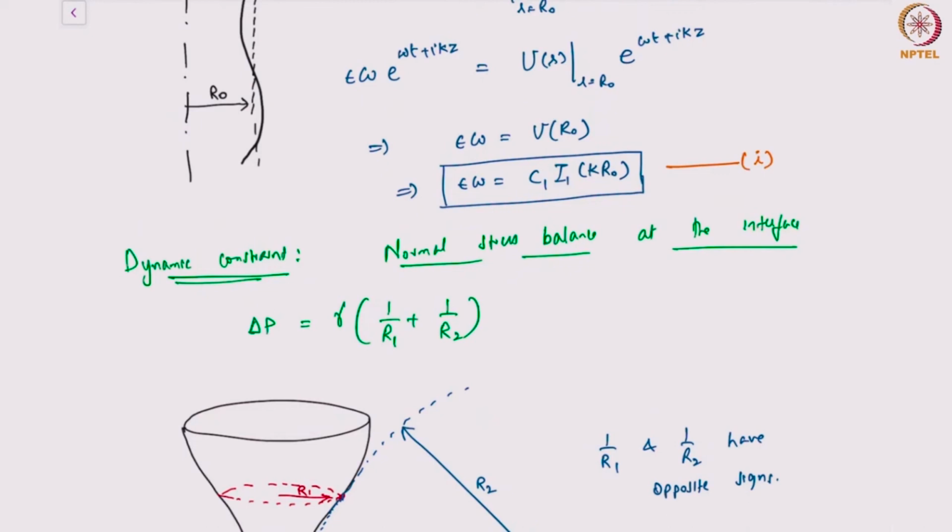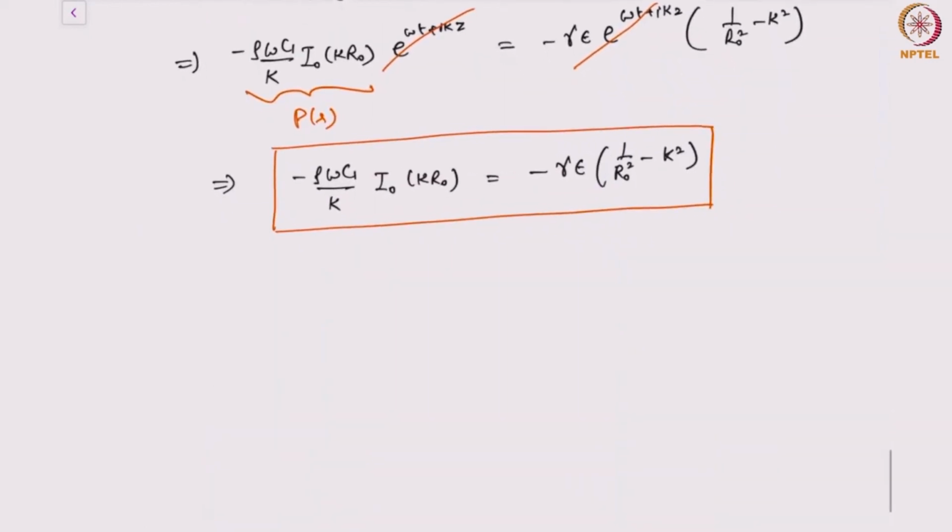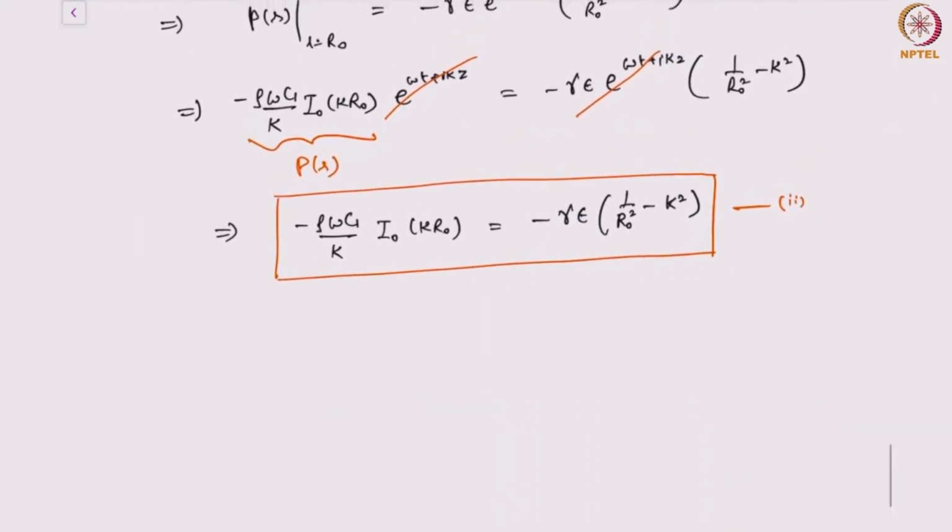It tells us the relationship between epsilon, omega and C1. So I can calculate C1 in terms of omega and I can substitute this into equation 2. Okay. So I now have, using C1 from 1 into 2,